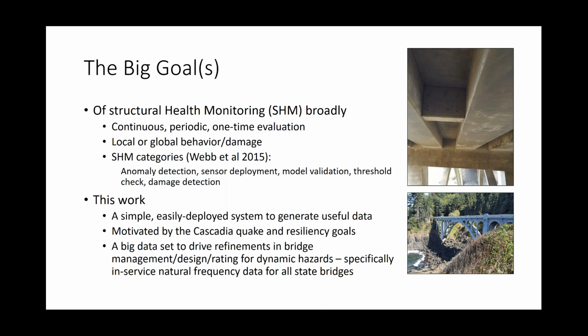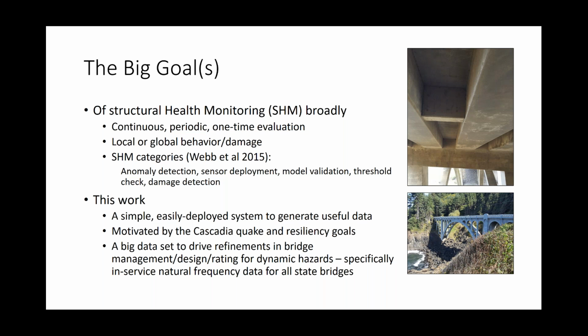In general, the goals are either local or global behavior of the structure, or identifying damage either local or global. So in some cases, structural health monitoring will give you crack development or section deterioration at a very specific location in a structure, and you're trying to identify that very specifically. In the case of the work that we're doing here, it's looking at the global behavior of a structure in order to identify that perhaps damage has occurred more broadly, or just to get a baseline